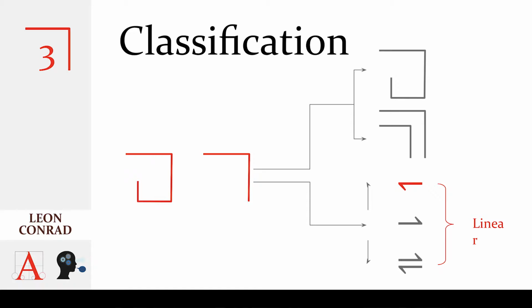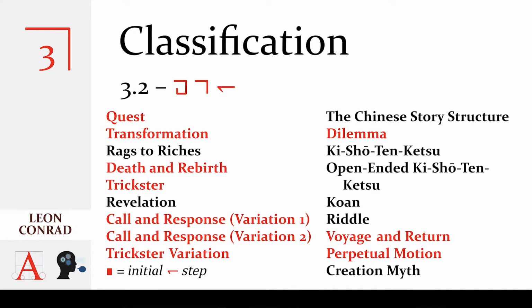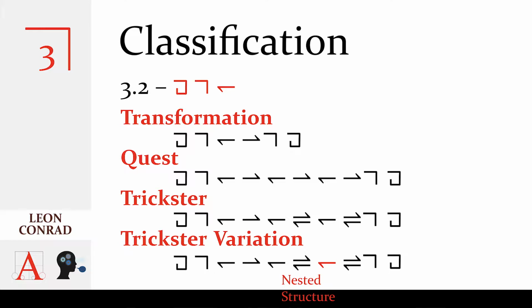The linear structures, if a character starts with a problem, there are 10 story structures that arise from that. And this is where it gets interesting. The transformation structure is the structure of Ovid's Metamorphoses. There is typically a transgression against the natural order and a restoration of balance in the natural order, but things are never the same. Remember that the backwards step can expand to backwards, forwards, backwards, and you see that the quest is just an expansion of the